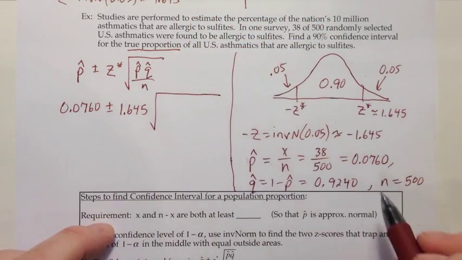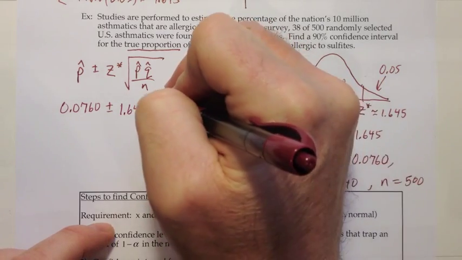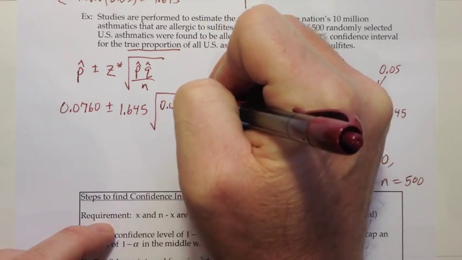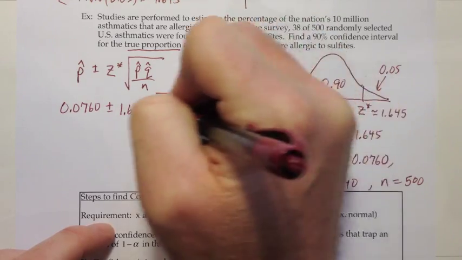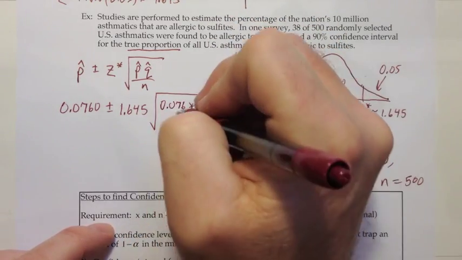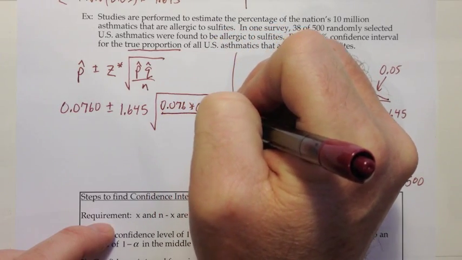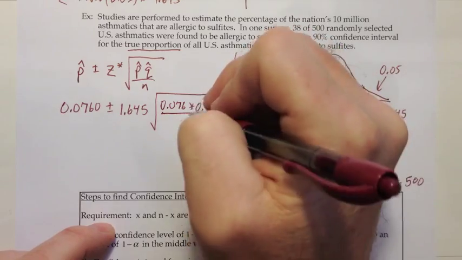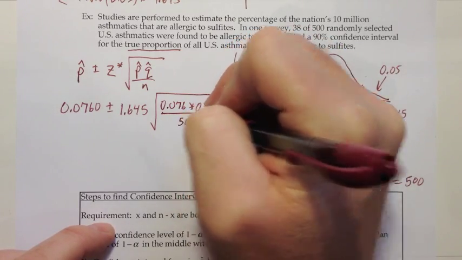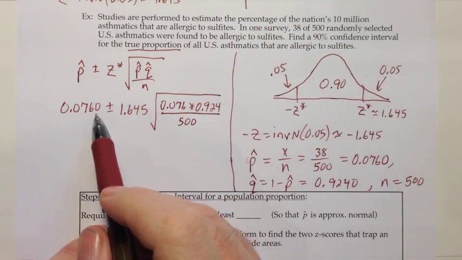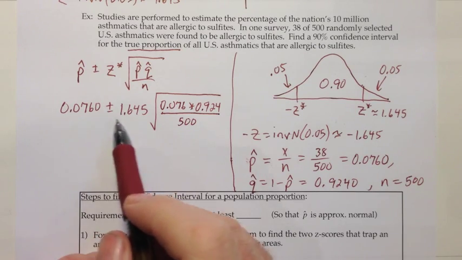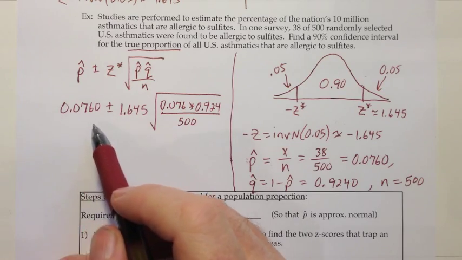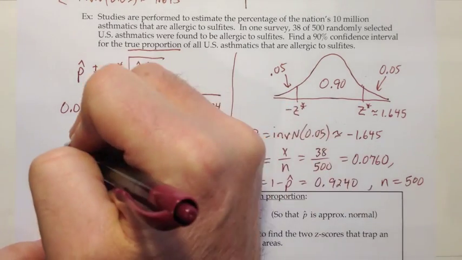So the p hat and the q hat go underneath the square root, so that's our 0.076 times our 0.924. I left the zeros off here just because of room. You could write them or not write them. The calculator doesn't care about those. And then divided by the sample size, which is 500. I left the zeros off here, but I did put them in this spot because I'm always looking to match this plus or minus piece with what I have over here, so I want that reminder that that should be 4 decimals right there for me. So this would be